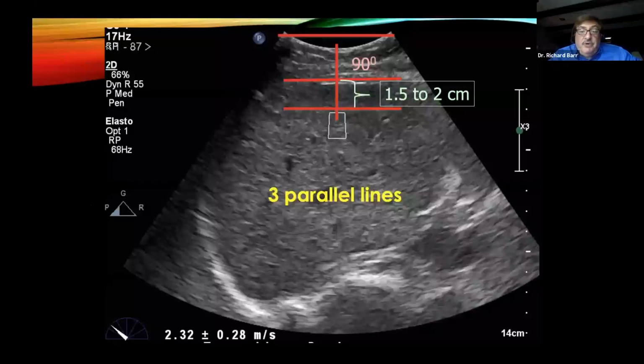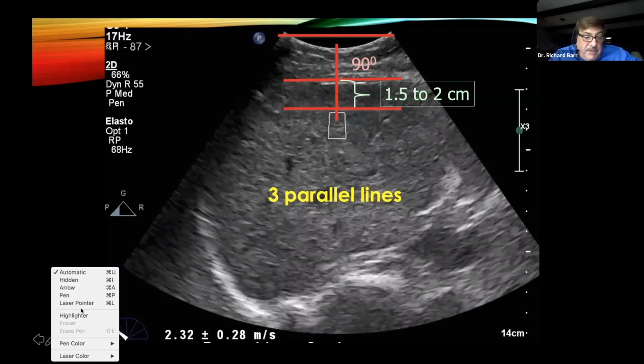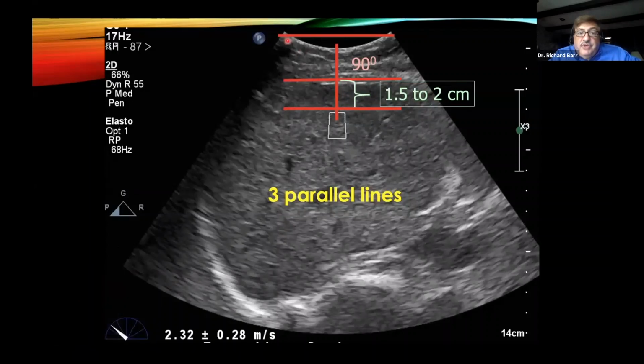So this is our protocol. You can see, and I think I can do a little laser pen here, that here is our transducer. We're going to have the liver capsule parallel to the transducer. We don't want the liver capsule angled like this. And usually when you find your window, it's just a few tiny motions of your wrist to get the capsule nice and perpendicular.